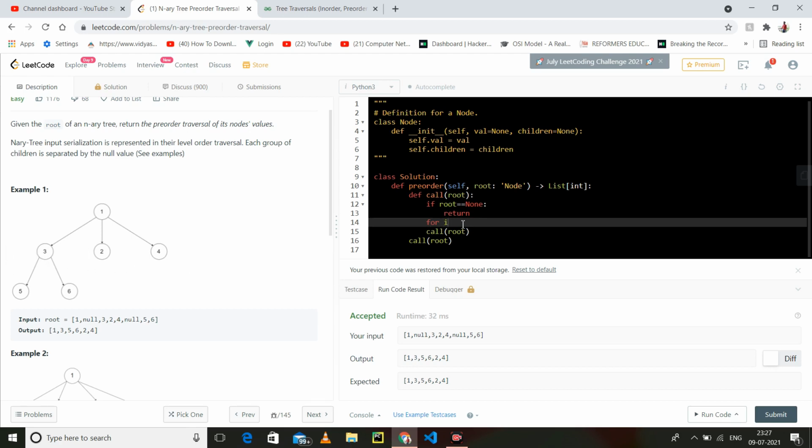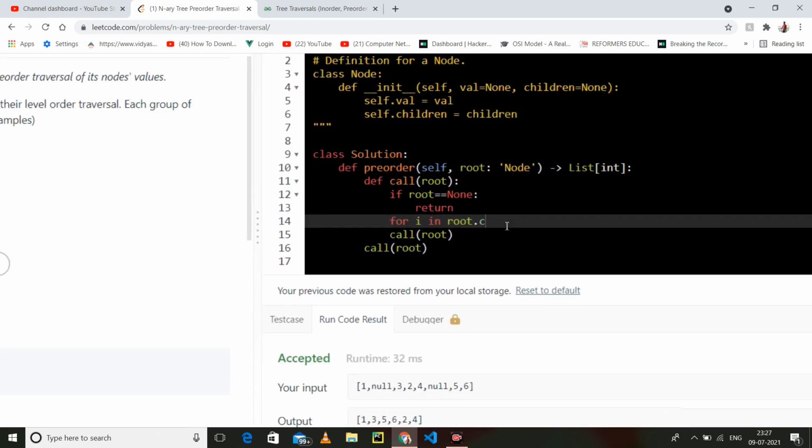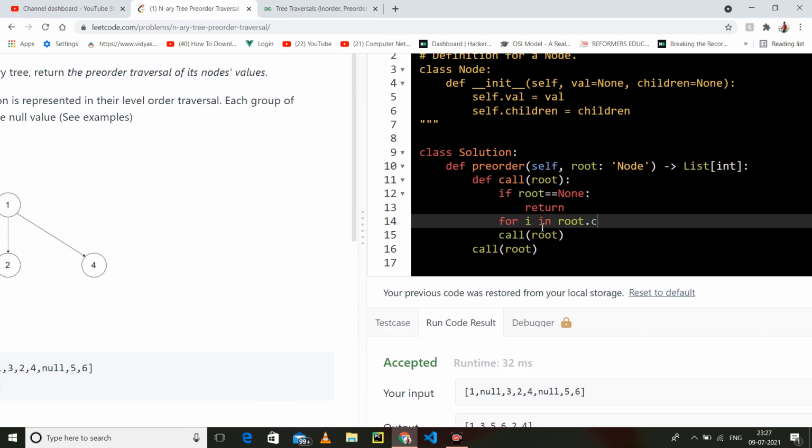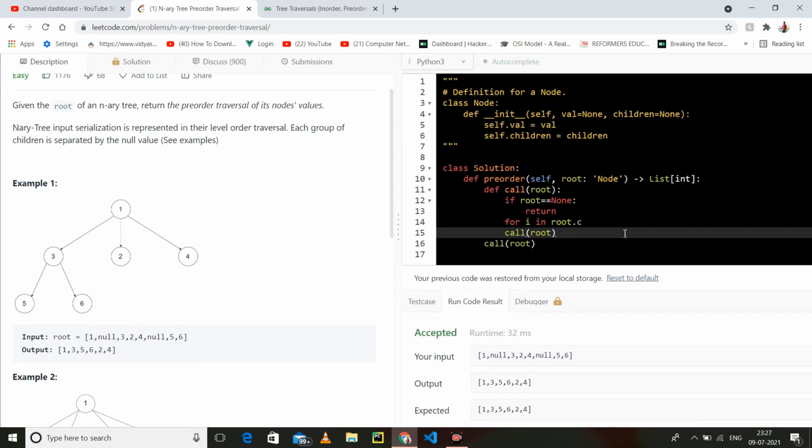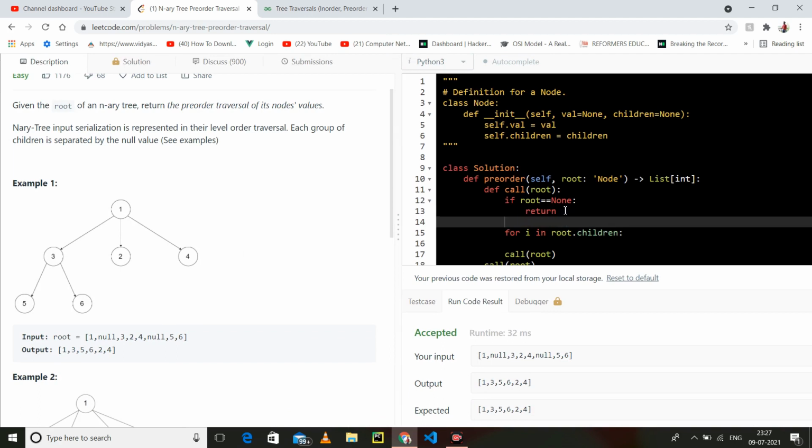We have to do looping for i in root.children, because it is given that by children you can get all the children. Before proceeding to its children, I have to first store the root's value in the result list.